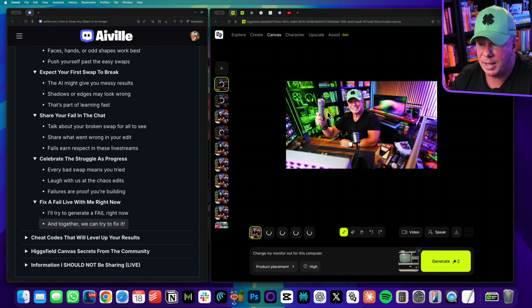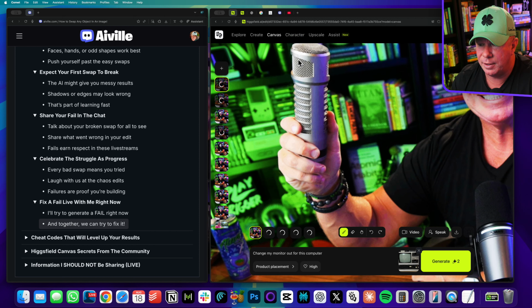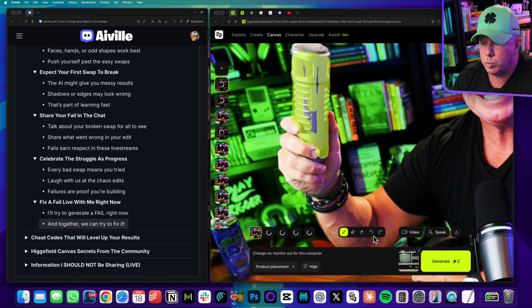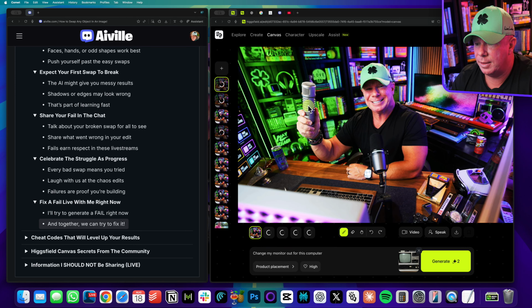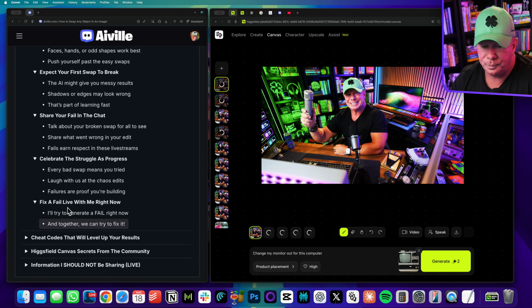So a cheat code would be like, if I'm zoomed out, and then I'm trying to paint my microphone, you're going to cover too much of the microphone. Whereas if you zoom in a lot, you can be extremely detailed with just covering exactly what you need, and then not the things that you don't need. So the more time that you take to really be, I like to use the term pixel perfect, the better of a result you're going to get.